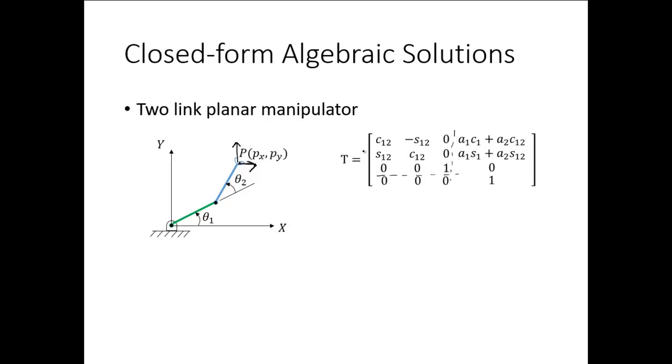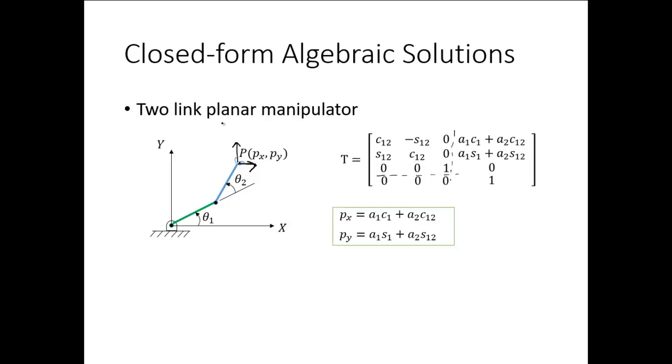So in a way we can see that px is equal to a1 cos theta 1 plus a2 cos(theta 1 plus theta 2), which is evident from here. Similarly py, the y coordinate of the end effector, is given by a1 sin theta 1 plus a2 sin(theta 1 plus theta 2). Now this is very simple. We know from our basic DH parameters and frame assignments that we can come up with this relation. This relation is a nonlinear one. The nonlinear functions sine and cosine are also called transcendental functions.